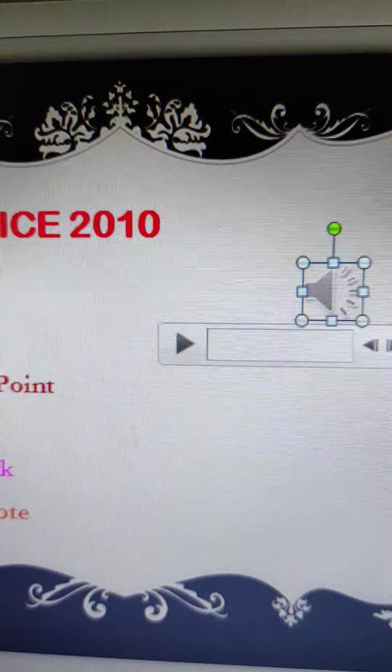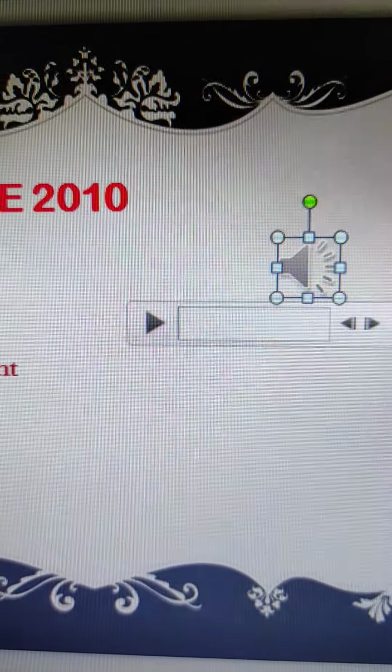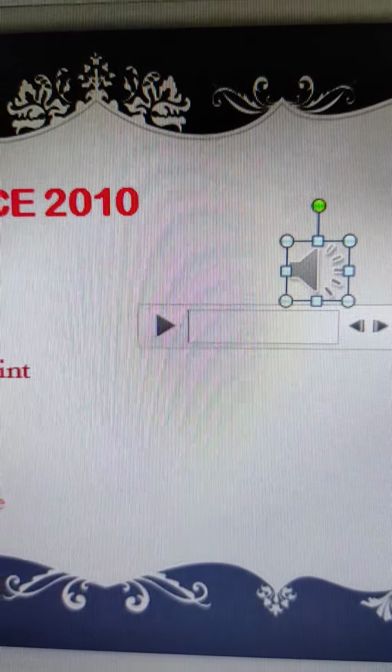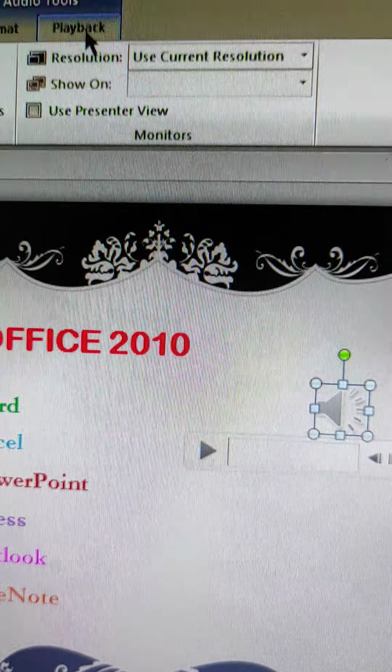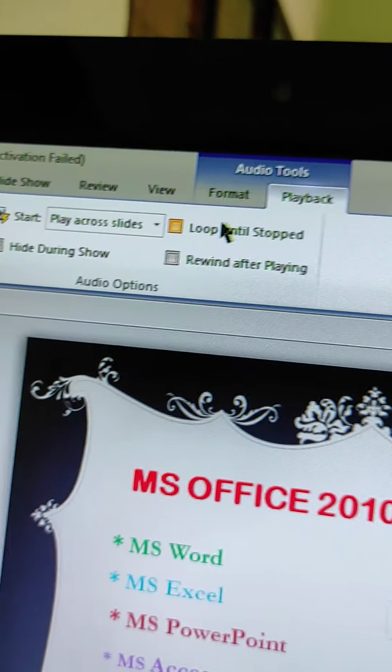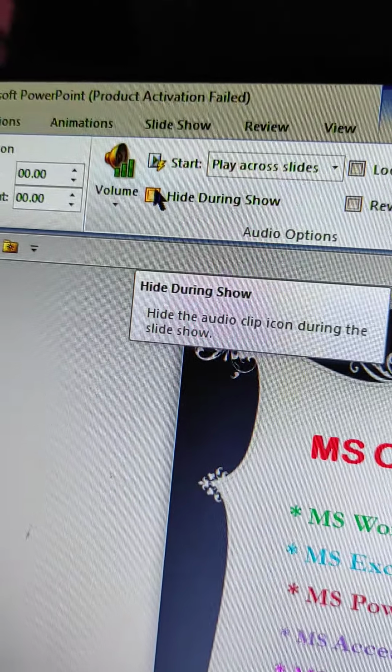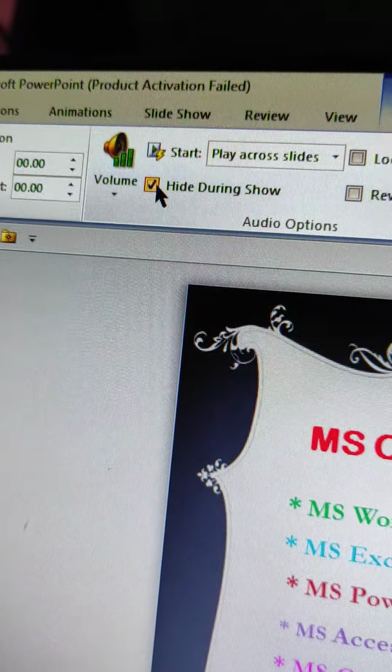Now when you are playing, this speaker icon is there in the first slide. If you want to hide that icon, you just click on the Playback tab, and here is one option, that is Hide During Show.